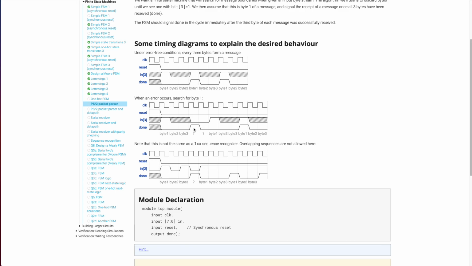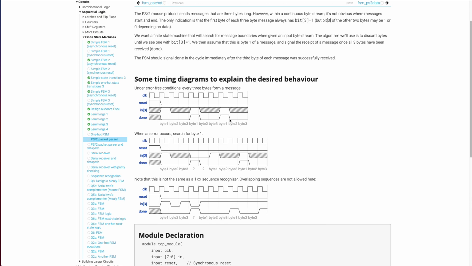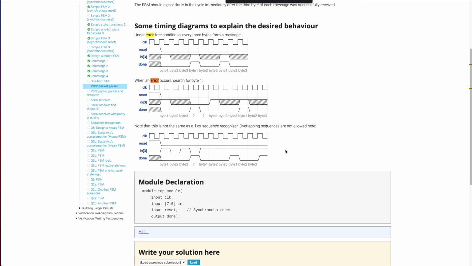This is pipelined. Okay, cool. I don't get what error means. When error occurs, note that this is not the same as a 1xx sequence. Overlapping sequences are not allowed here, so